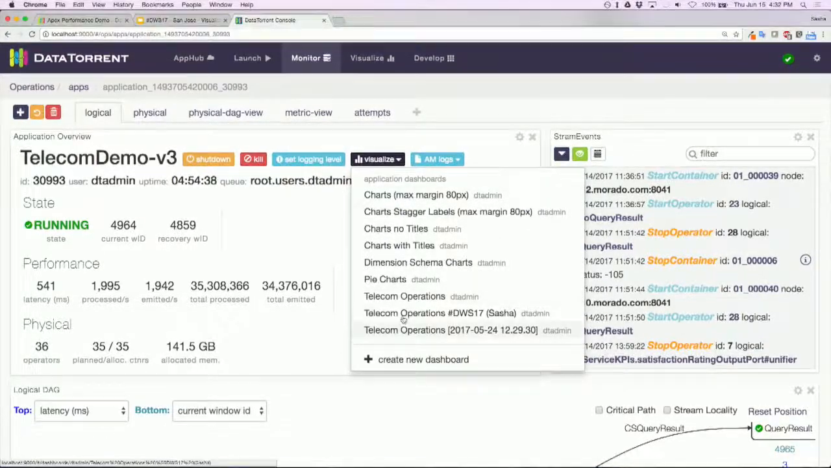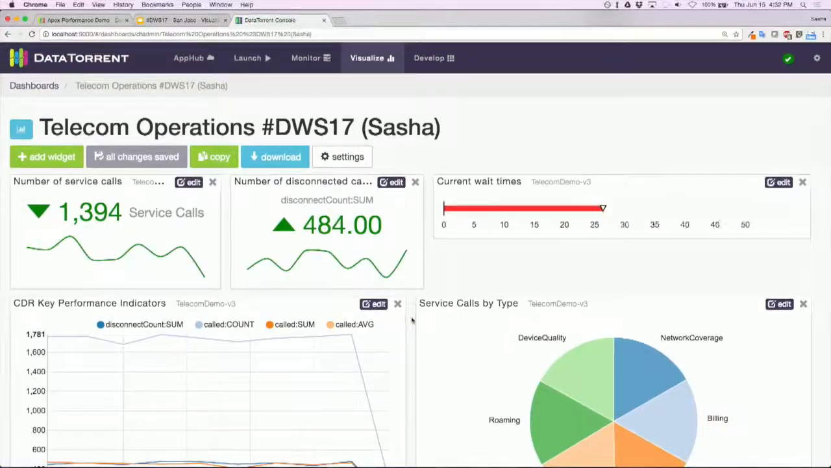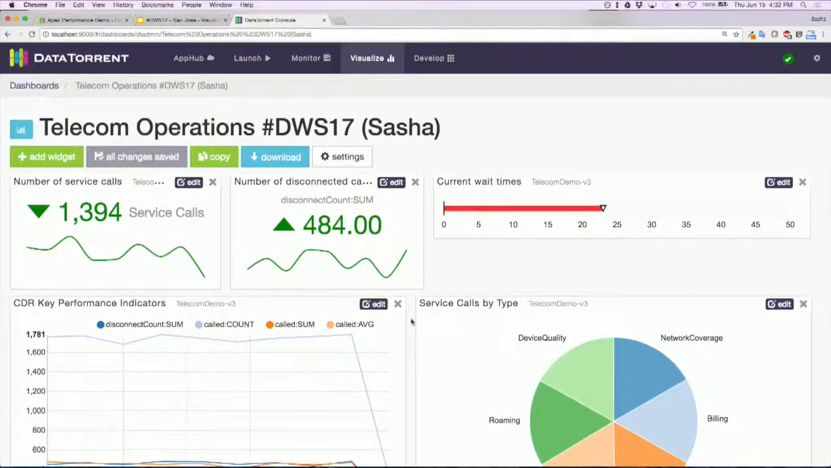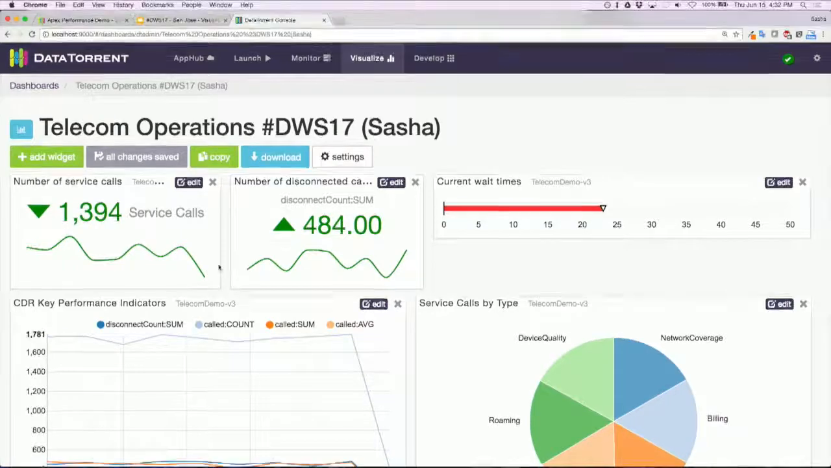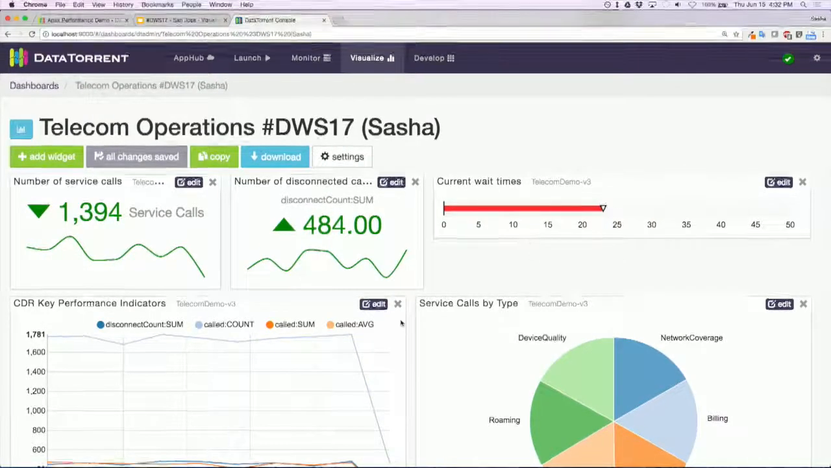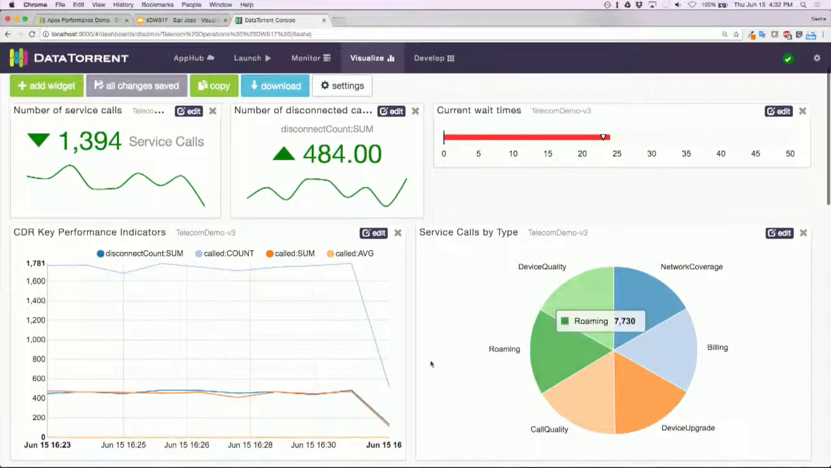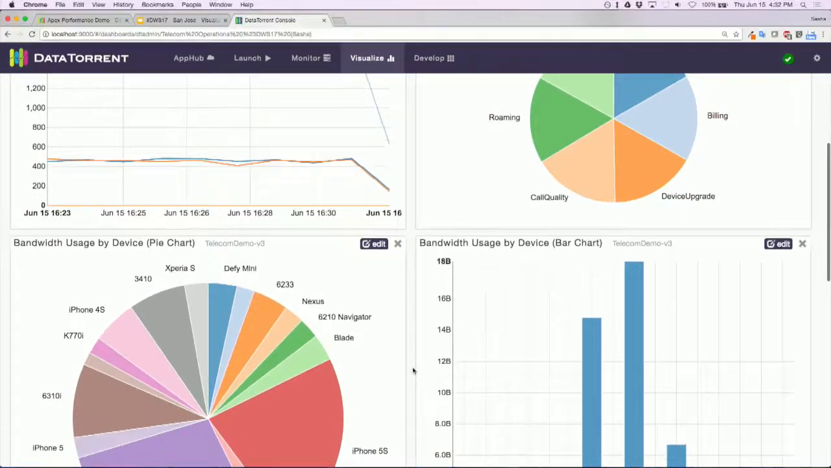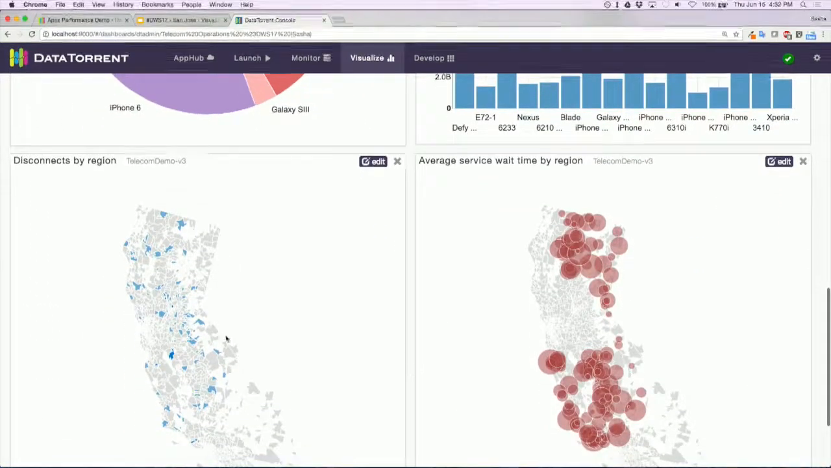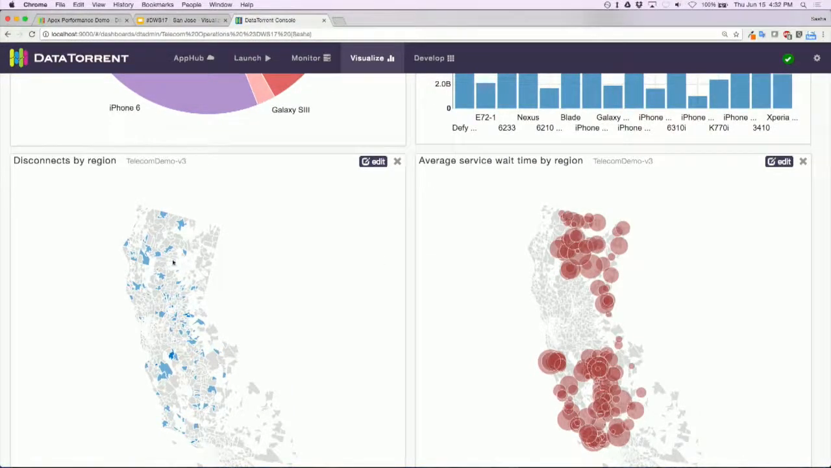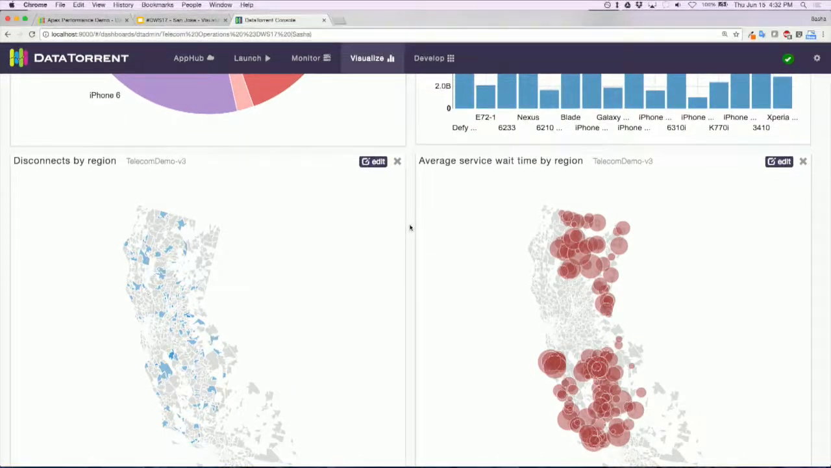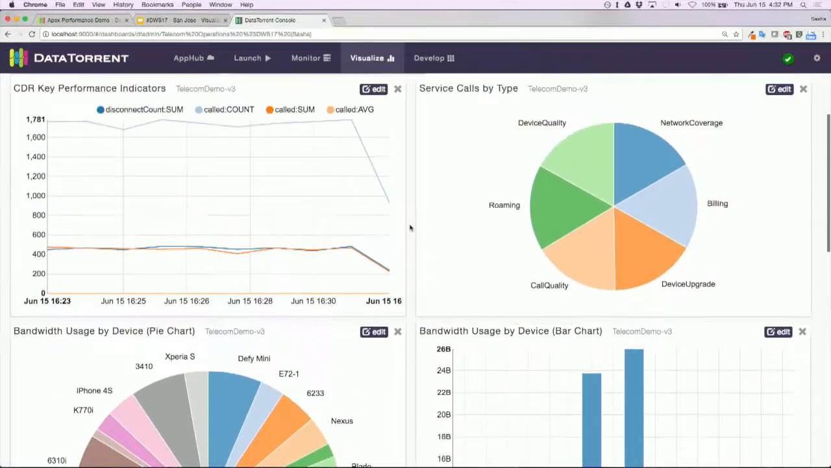If we jump into a dashboard that I've created for Telecom, you can see a number of different widgets available. You have trend indication widgets. You have bullet charts, line charts, pies, and bar charts, and even maps. As you can see, they're all changing and updating in real time, depending on what kind of data you're trying to visualize. And here it's specific to